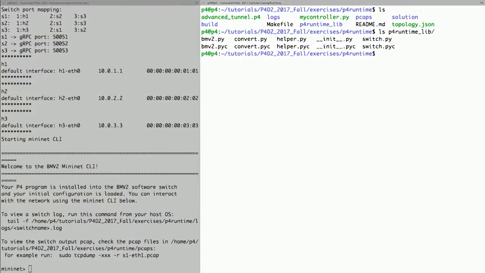BMV2.py is how we do the device-specific encoding of the pipeline to send over the gRPC connection. Switch.py is a wrapper around the switch connection. So we're going to make the calls to gRPC on your behalf. For people that haven't programmed with gRPC before, you can look there to see how the calls are being made, but the messages are actually going to be constructed in there and then sent to the switches. And then we've got